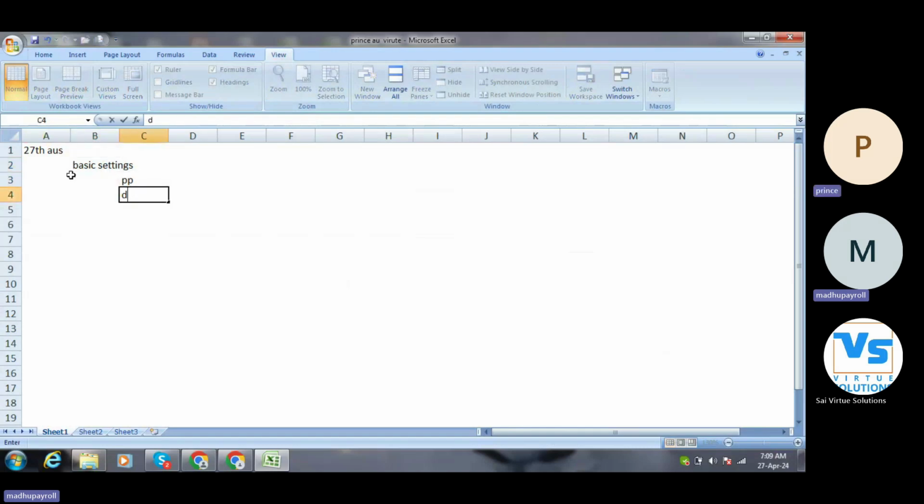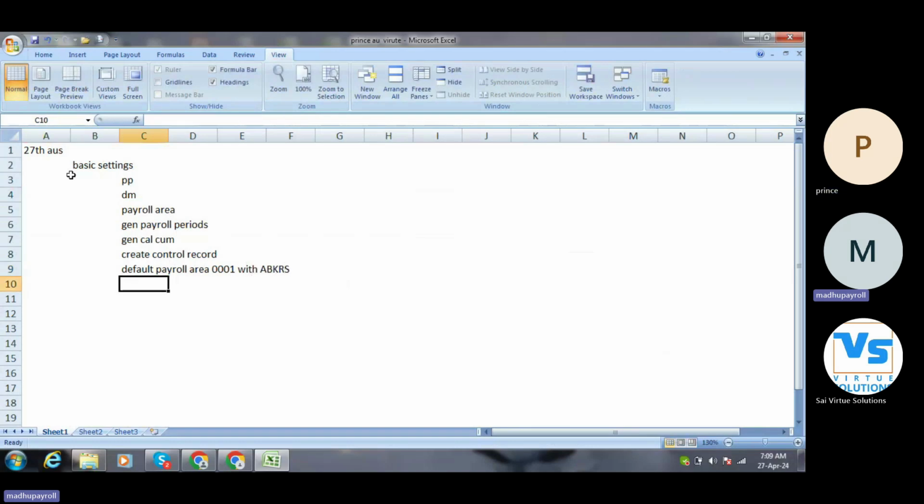Period parameter, date modifier, then payroll area, generate payroll periods, generate calendar for accumulations, then create control record, and default payroll area in 001 with the ABKRS feature. So these are very common for every country, but the only thing we have to know the difference is